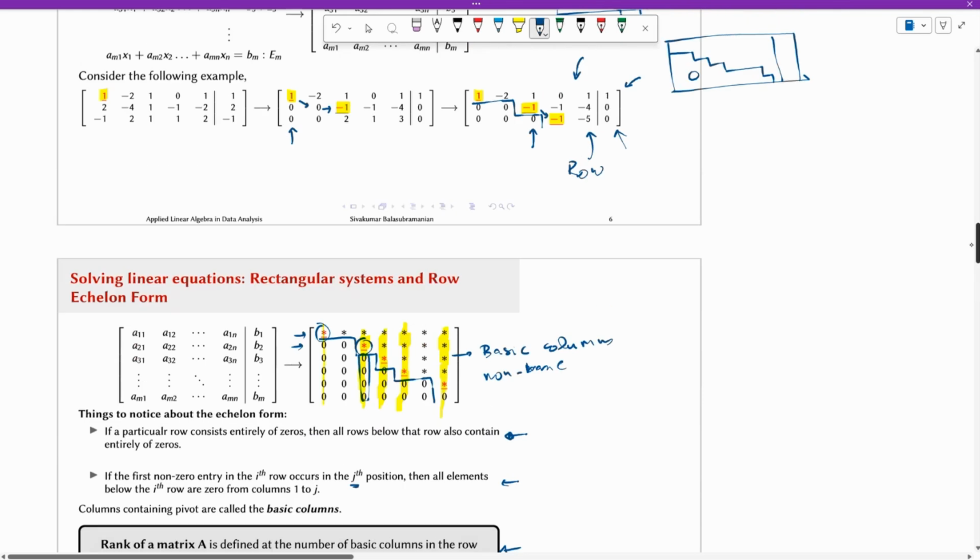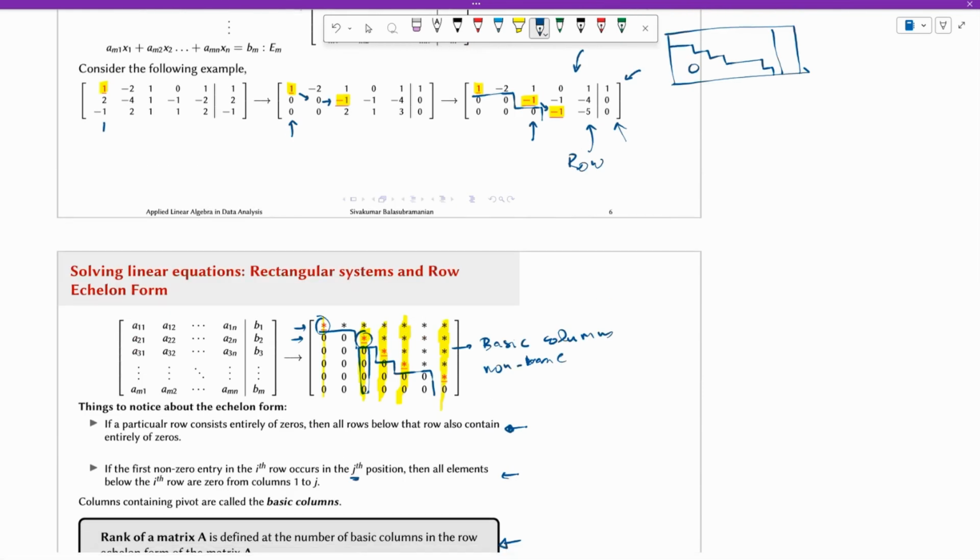Our original matrix was this. The second column is 2 times the first column. And the last fifth column is 2 times